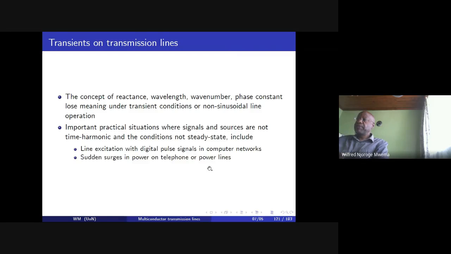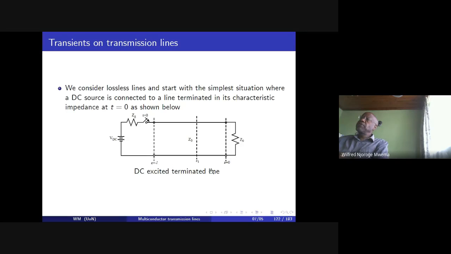Another case would happen when we have a power surge on a line or a telephone line. Say, for example, if a transmission line is struck by lightning, the voltage will go higher up first and then die down to the steady state value later. Okay? So in that condition, when we have that transient, we cannot call the line sinusoidal or time harmonic or harmonic time dependent signal operation. So we are going to look at this